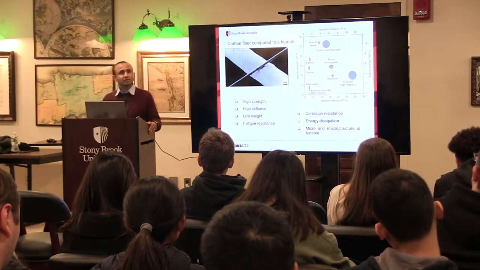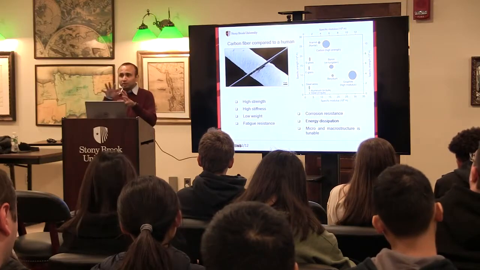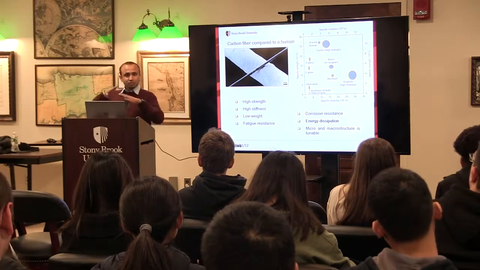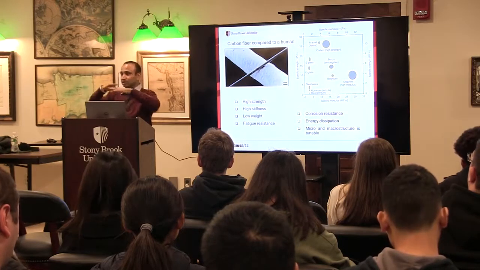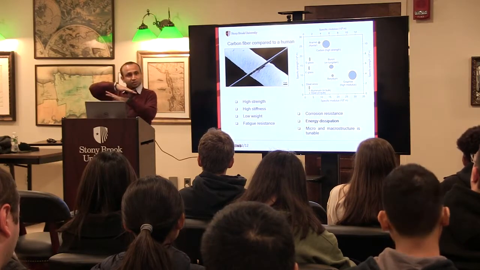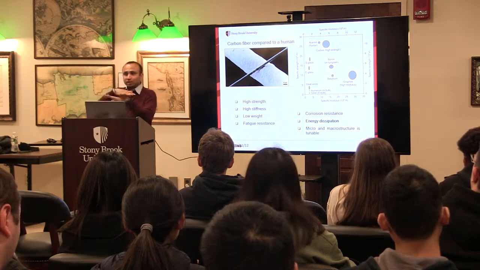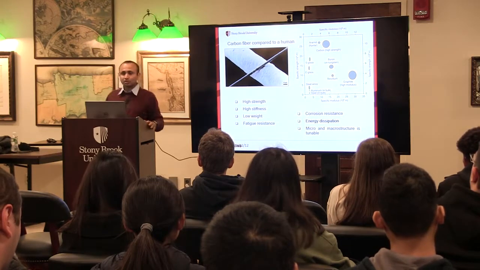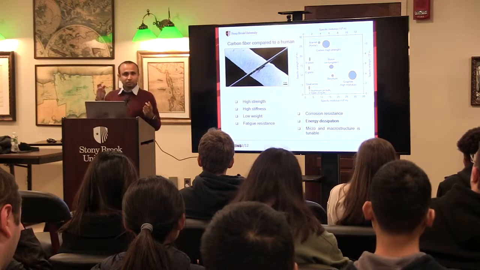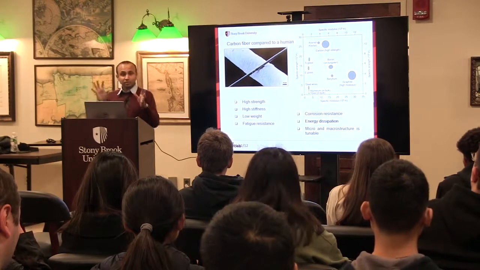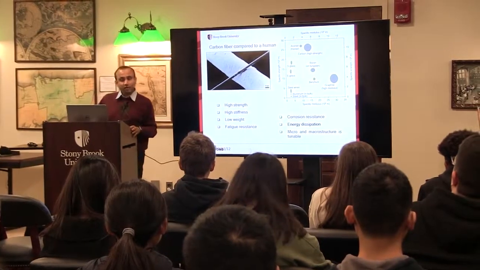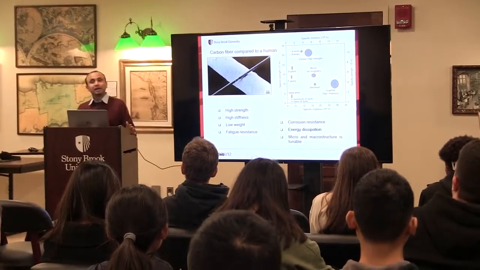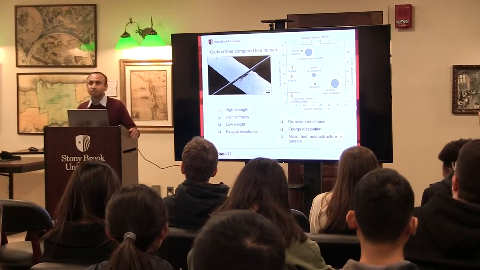And another interesting aspect of these materials is that effectively they are microstructured. Basically they are layered arrangements, okay? They have several layers layered on top of each other. And you can adjust the properties of the material by changing the orientation of these layers. So it gives a tuning parameter to the engineer to adjust the properties of the material depending on the application. So it has a lot of good properties, and that is why they are being used in so many different applications.